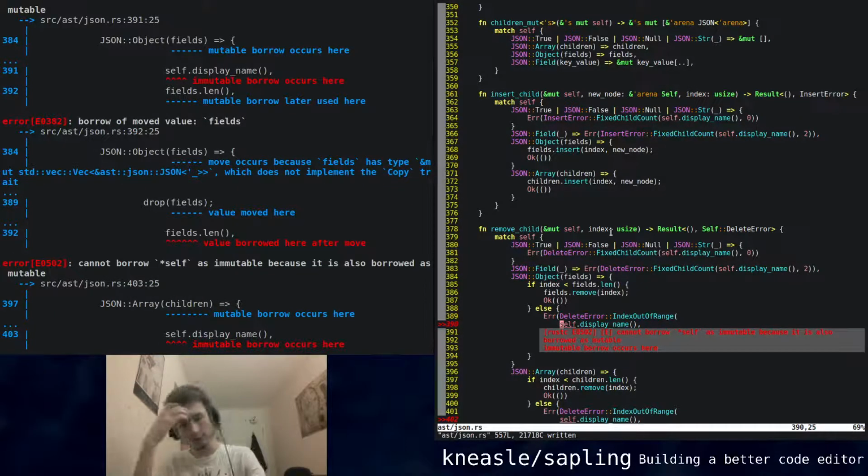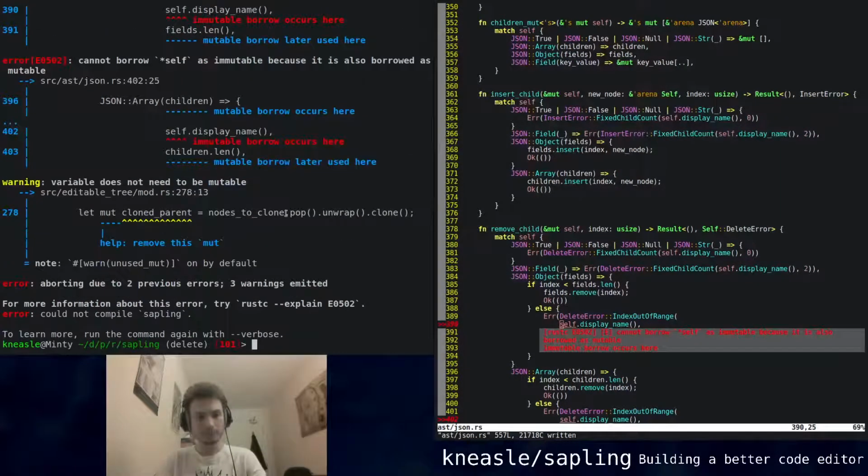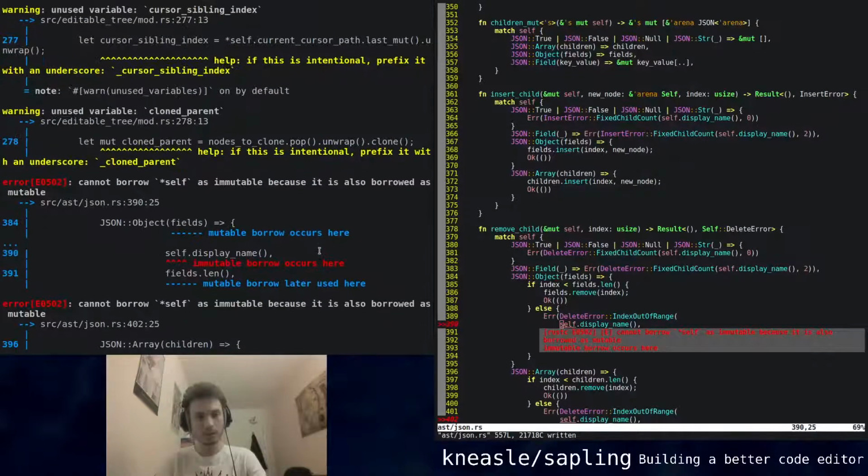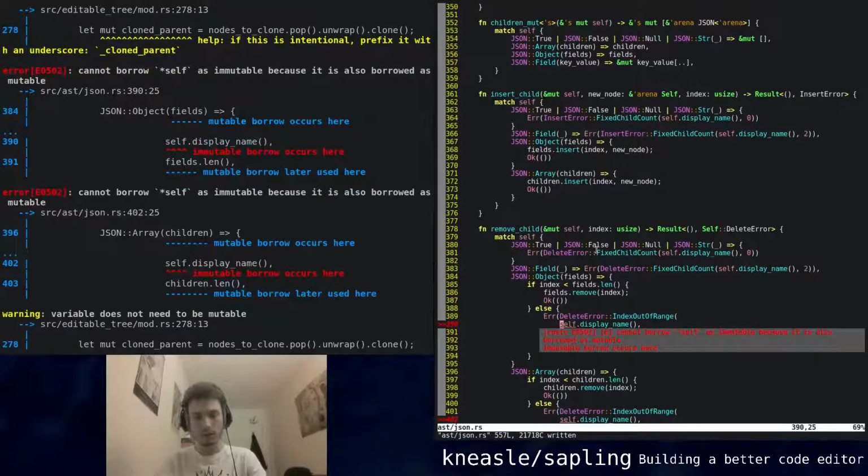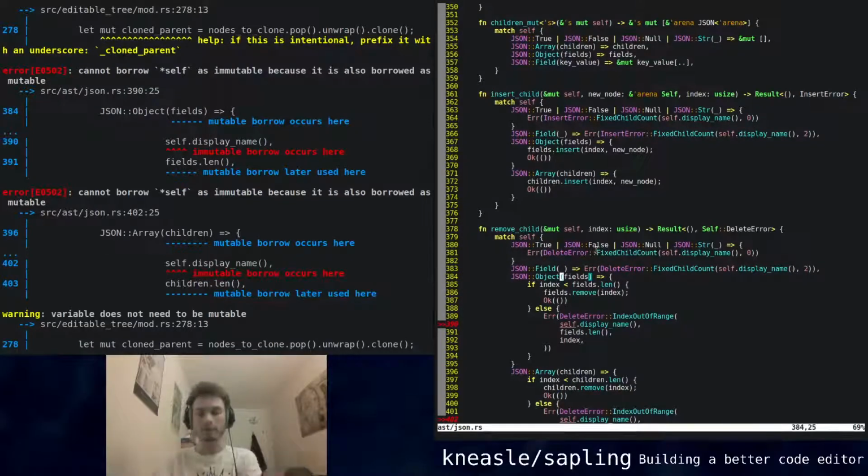How do we tell Rust that this is okay? Is it okay? Because I think this is okay. Basically, what Rust is complaining about is that in this pattern match, Rust has some rules that you're not